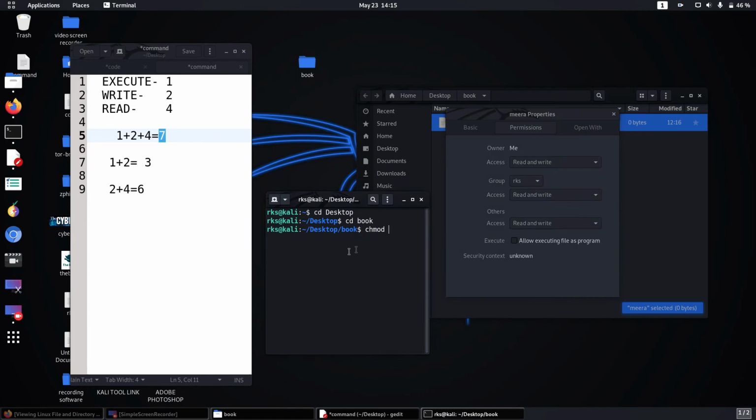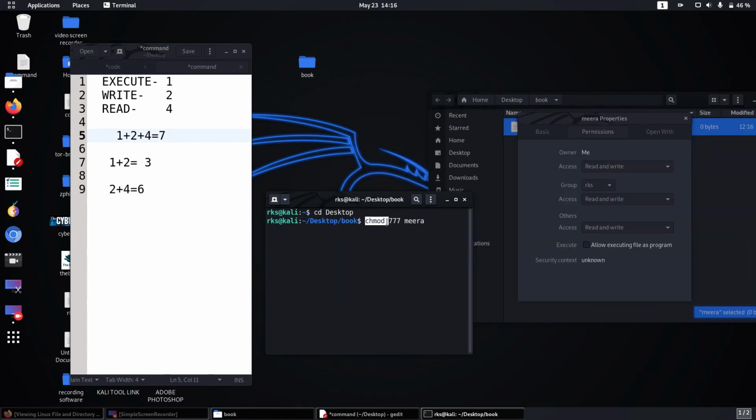Okay, check: chmod 777 Mira, enter. See, the tick mark is here, that means the file has execute permission.